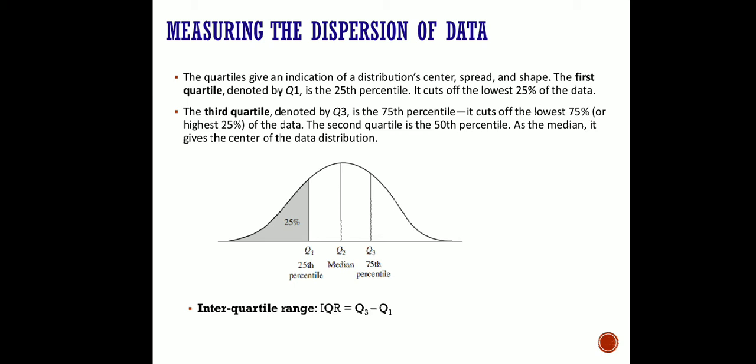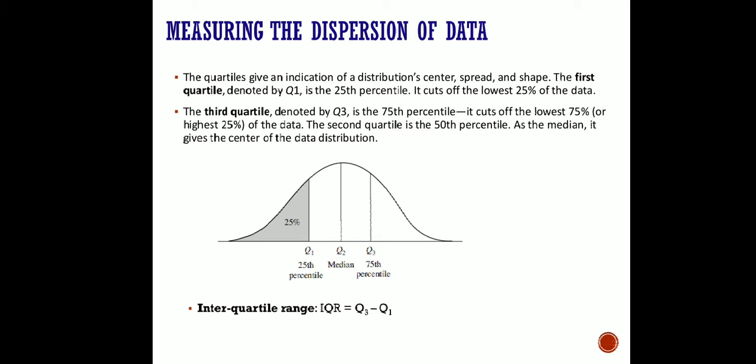So let us see. You can see here that it has been divided into 4 equal distributions. So there will be 3 midpoints, definitely. The lower portion is cutting off the lowest 25% of the total values present. And where this point lies, after covering this 25% area of the total curve, that will be termed as the first quartile, and it is denoted as Q1.